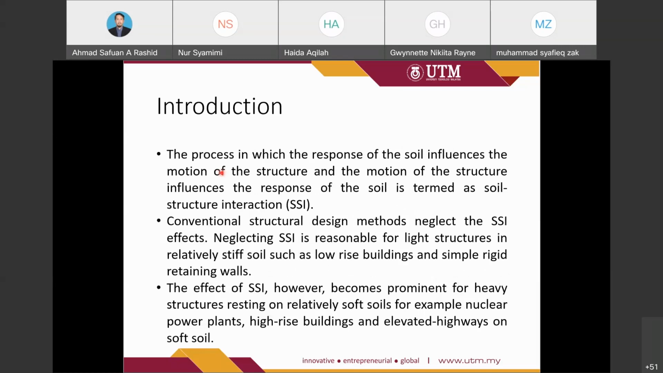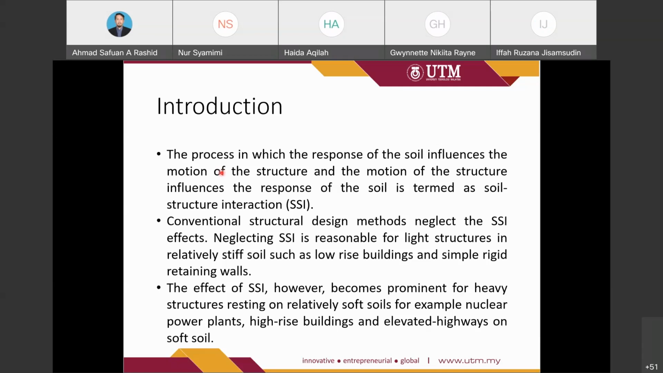So this process in which the response of the soil influences the motion of the structure, and the motion of the structure influences the response of the soil, is termed soil structure interaction, or SSI. Conventional structure design methods neglect the SSI effects. Neglecting SSI is reasonable for light structures. We can easily neglect it when we design for a light structure,